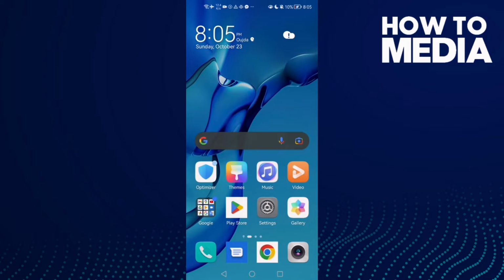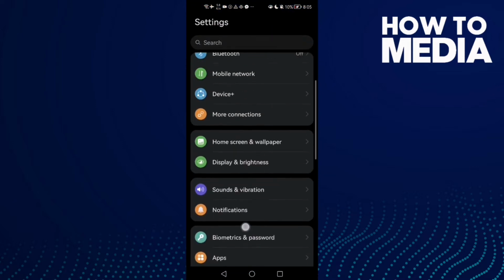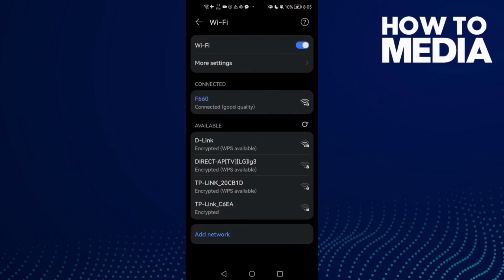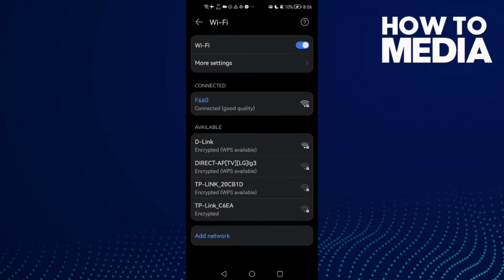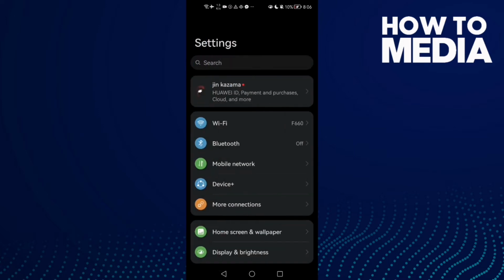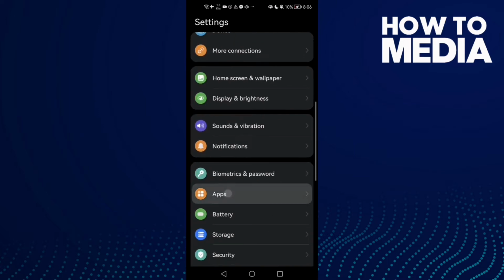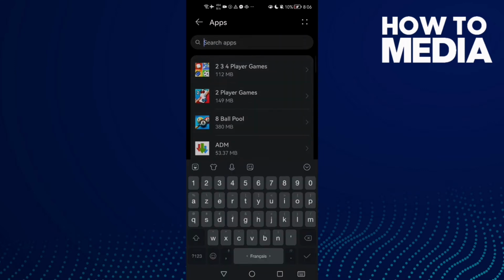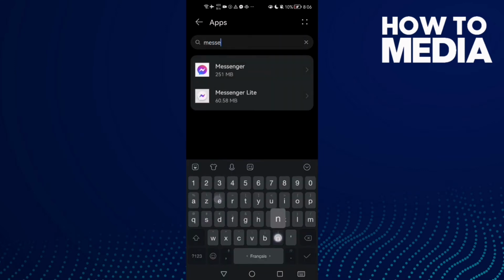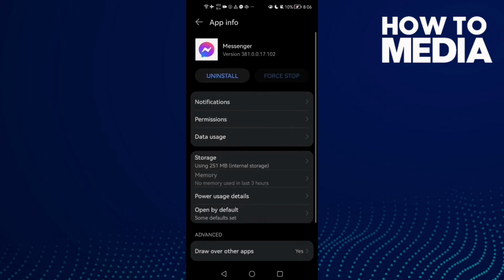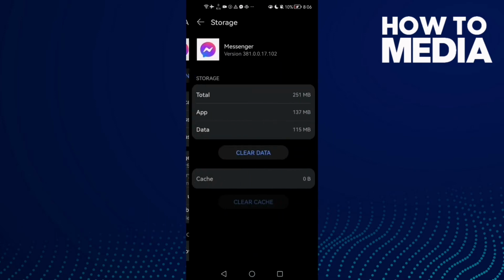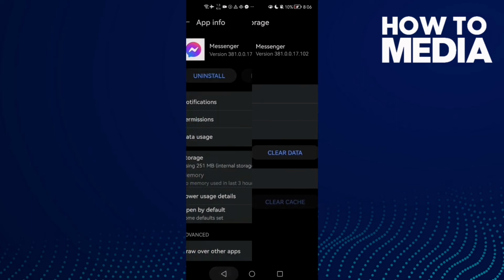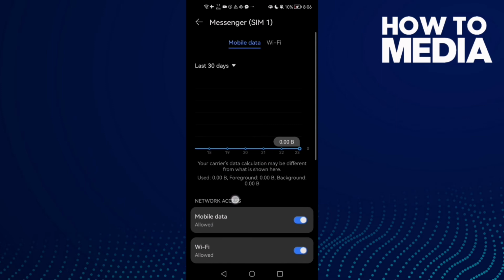First go to settings and now just check your connections here, your internet connection, and if everything's good just go back and go to apps and then apps again, and now just type here Messenger and then click storage and click this one, clear cache, and go to data usage, enable all of